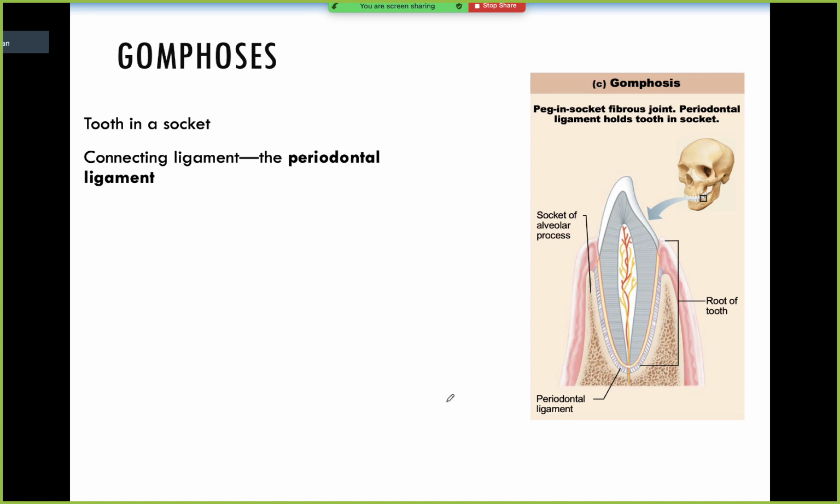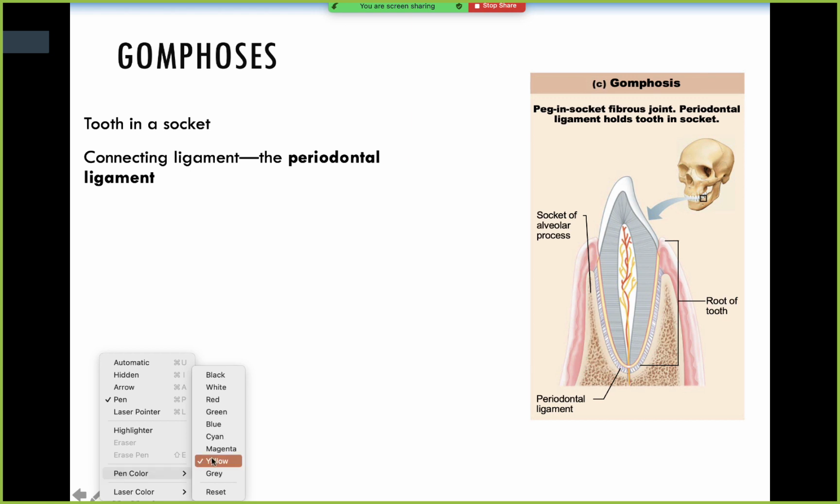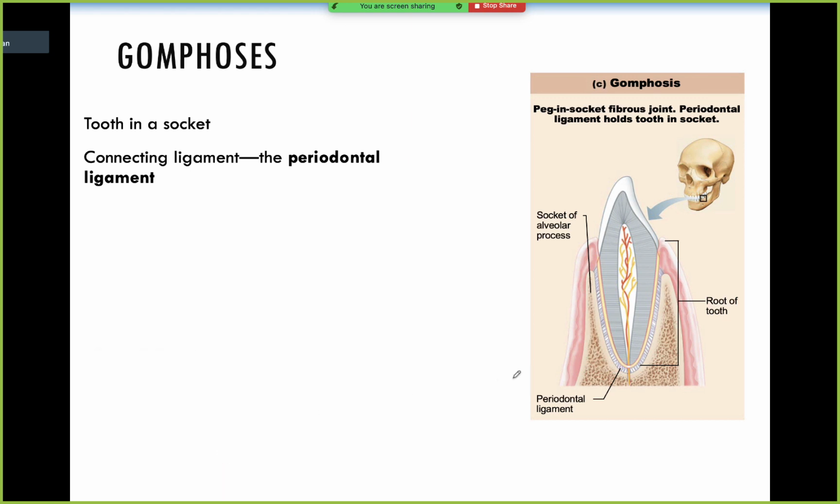And the last and third type of fibrous joint is called a gomphoses. The only place this is found is in your teeth. If you notice, this is the border of the tooth right here, and the bone is here. If you guys notice these lines that connect them, that is called the periodontal ligament. It is a ligament, and it is what actually connects your tooth into the socket, and we call this type